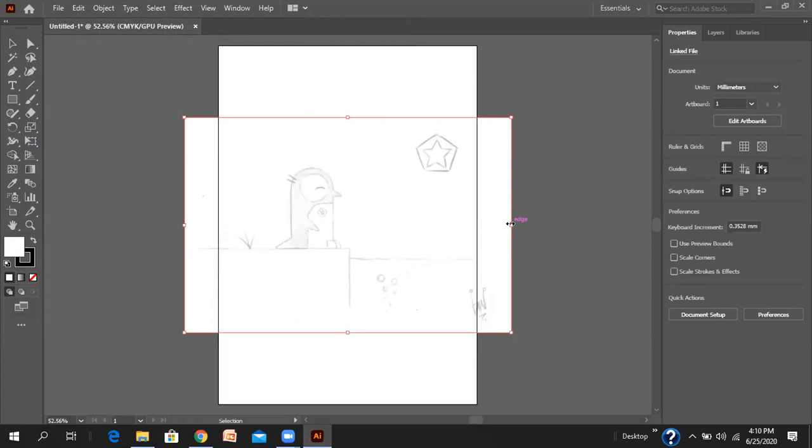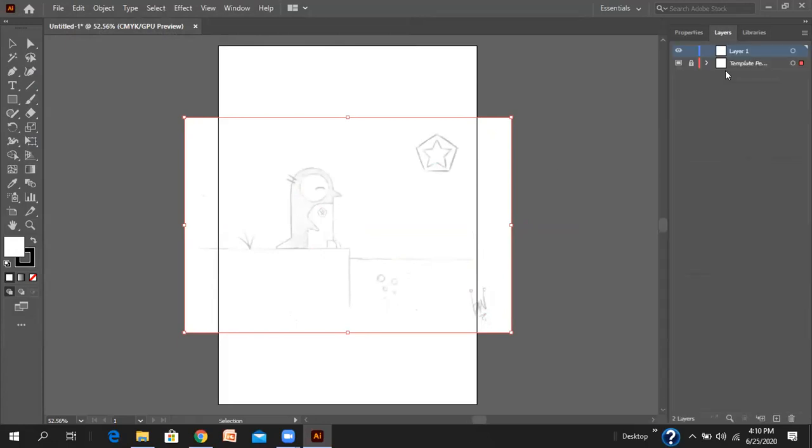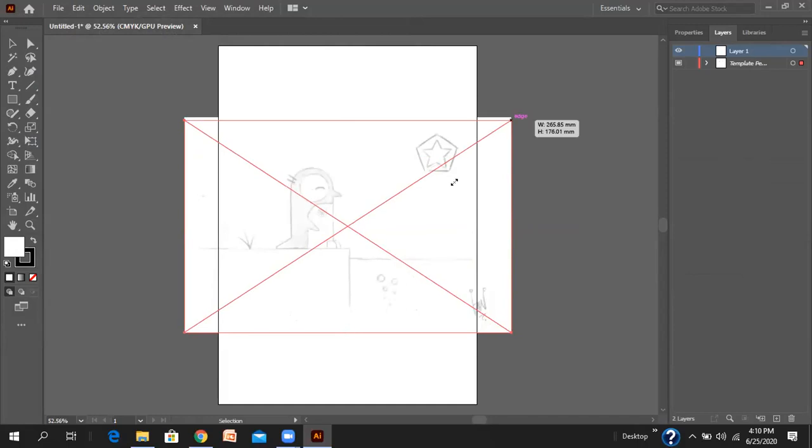So the first thing you would do is go to Edge and probably resize that way, but nah, that does not work. You've got to go to Layers, and over here you will see your template penguin. This is what you need to click on, and you'll see there's a lock over here, which basically means no matter what you do, it's not going to change. So you click on that lock, and now when you try to change it,